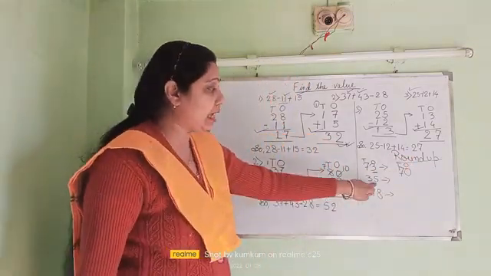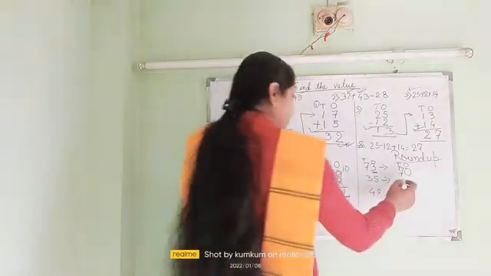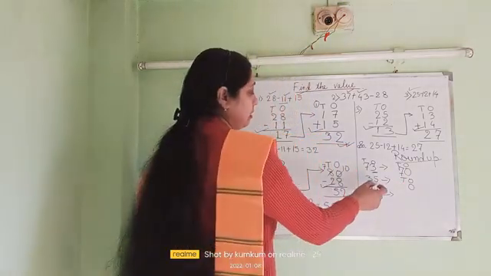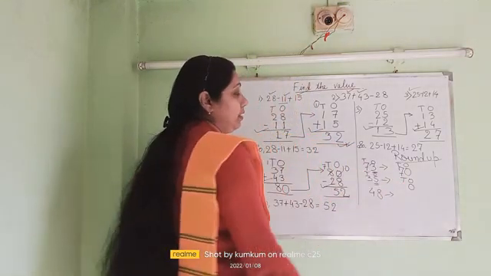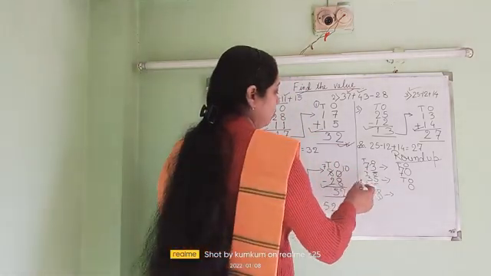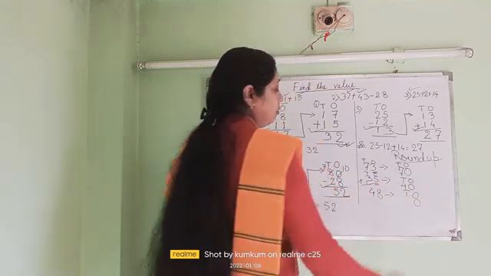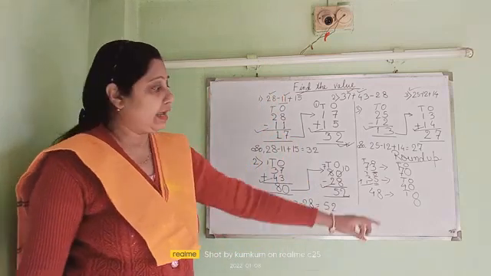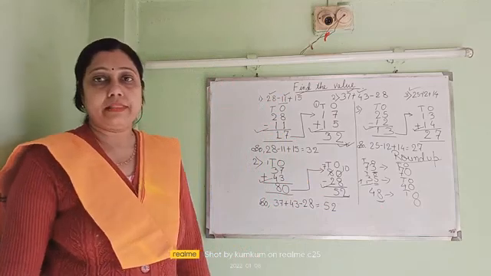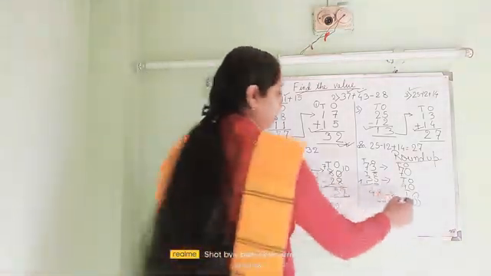Now if it is 5 or more than 5, then we have to add 1 in the tens house. So here again I am writing TO, and in the ones house I am putting 0, and here see, in the ones house it is 5. So it is 5 or more than 5, so we have to add 1 with 3 and it will become 4. Again I am writing here TO, 0 in ones house, and see in the ones house it is 8, that means more than 5. That means we have to add 1 in the tens house. That means 4 plus 1, it will become 5.